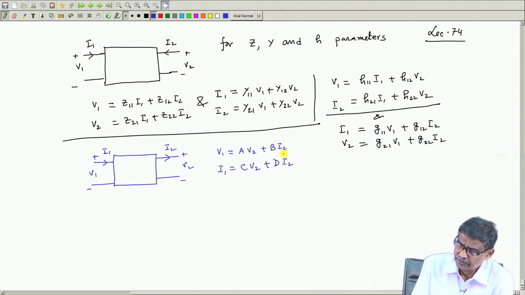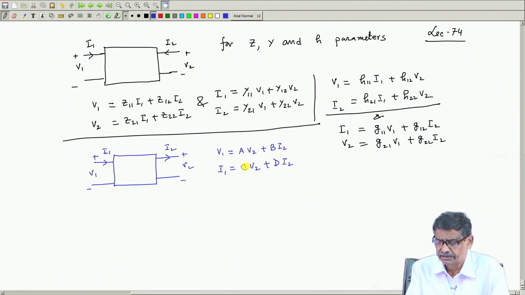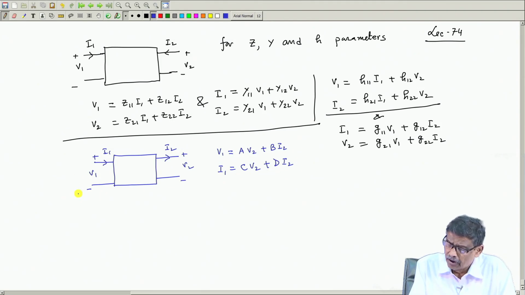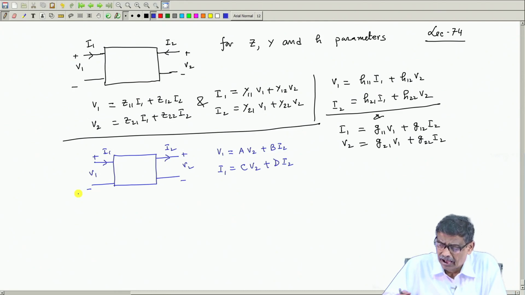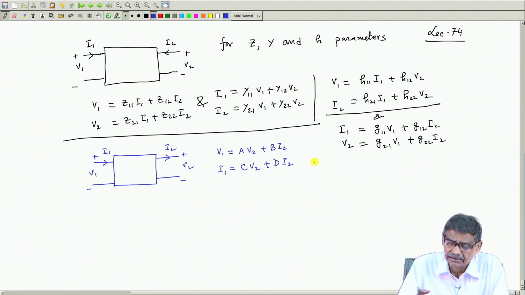This is how it is done, and we have seen in my last class how A and B can be determined. Only thing is, first calculate 1 over A, then calculate A, because there will be some problem. You cannot excite a network with a voltage and still claim the current in it is 0; it is very difficult to achieve that. So, I will be able to relate ABCD with Z, Y, H, whatever I like. We are not going to discuss that today.